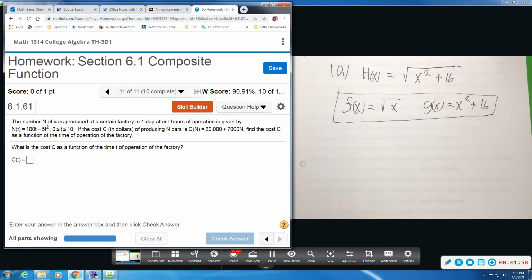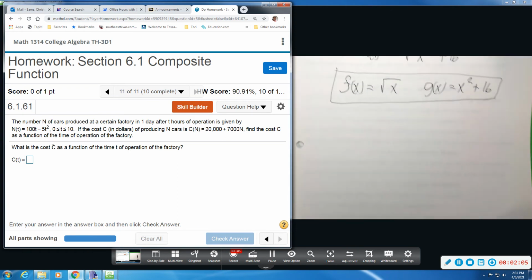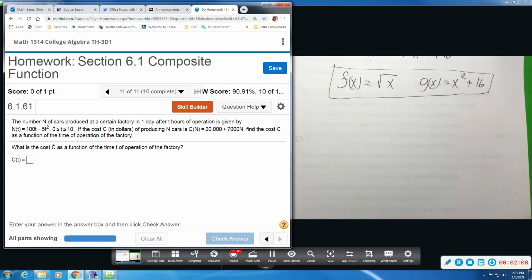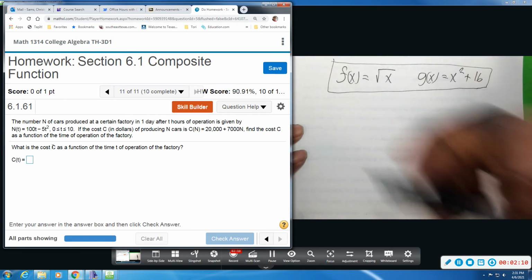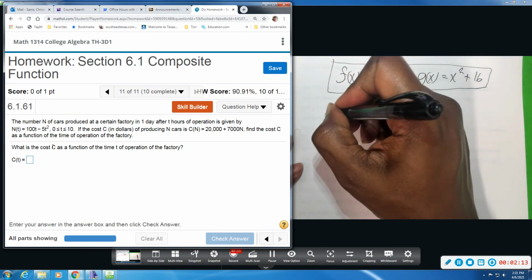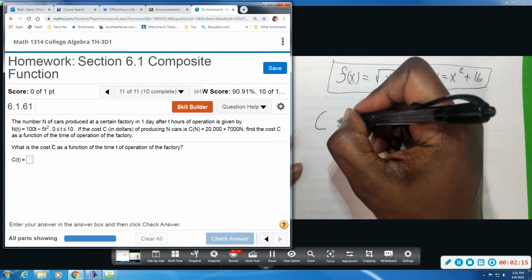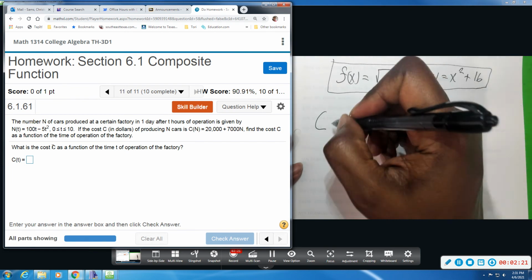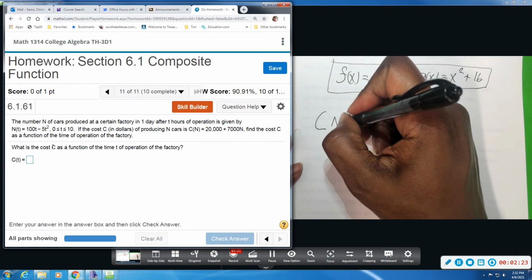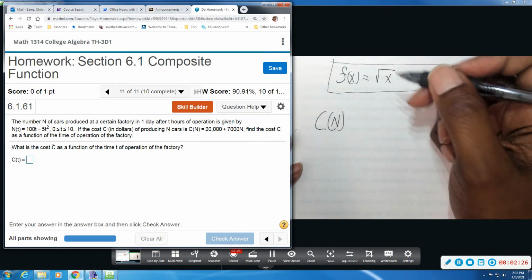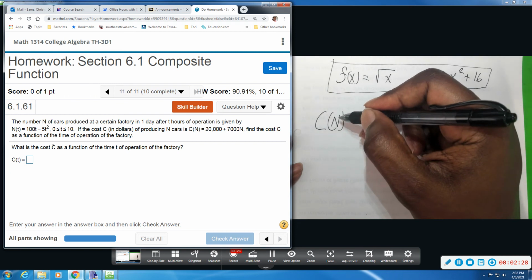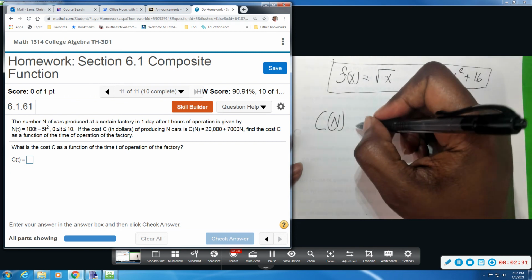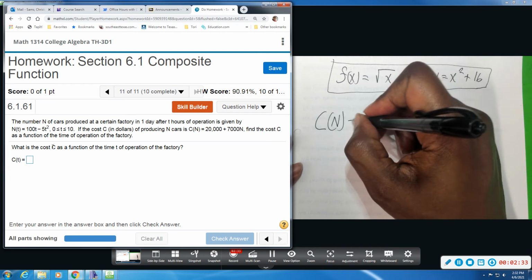So this is just a word problem that is using composition of functions to find cost as it relates to time as opposed to days or the number of cars. So we have the C function, and what we're doing is we're plugging in the t. So they already have C of n, okay? We're taking the C function, plugging in the n of t function here because they want us to find C of t. And C of n is equal to this,